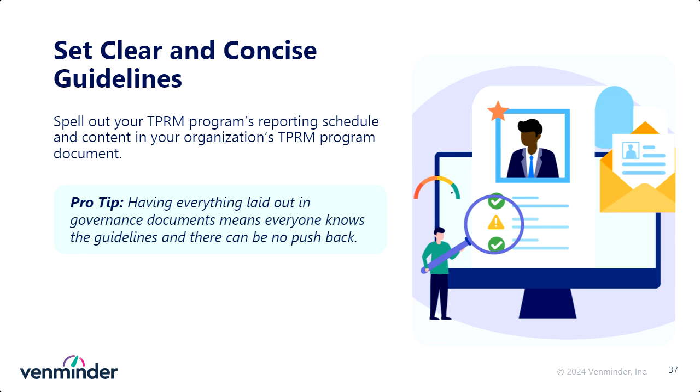As it pertains to your guidelines and another best practice, making sure you're setting clear and concise guidelines is another key emphasis point for your third-party risk management reporting needs. So it's good to spell out what you're doing internally, the reporting schedule, and the content you're covering in your third-party risk management program documents. So having a regularly updated internal document that everybody is aware of, everybody understands, and everybody is working towards achieving